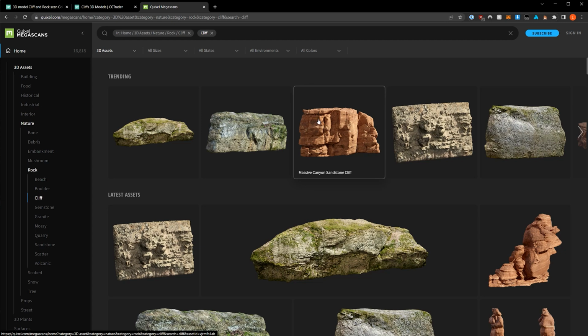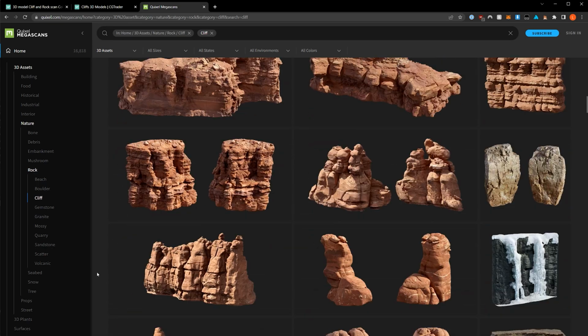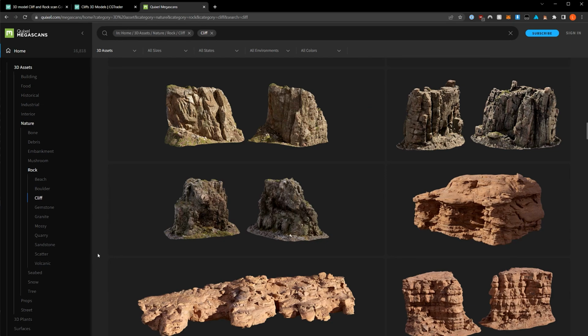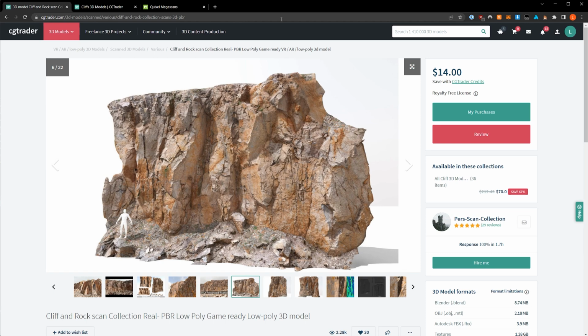Right, so hopefully in the future, I will be able to provide you with my own assets. I just don't have the ability to do that right now. In terms of the photo scanned aspect of this, I don't really have any that I can give you, and I don't really have any time to make them. They are quite intensive. But it's something I would like to do in the future, especially for some other ideas I have for content for this YouTube. But yeah, just go and check out these if you are interested. As I said, this is the one that I'm using, and I'll put a link in the description.